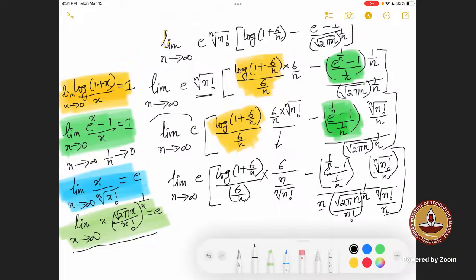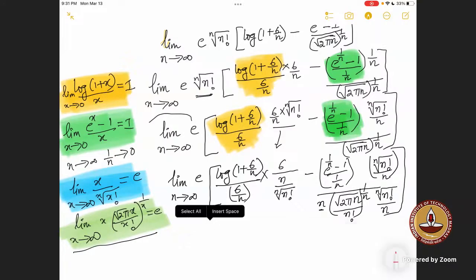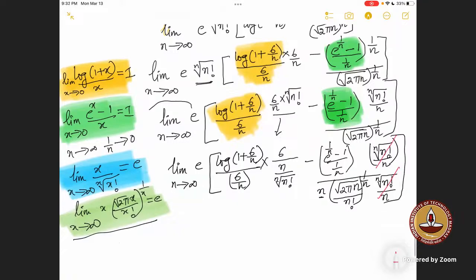So now I think things will become simpler. Okay. So what are the cancellations we can do? These things will get cancelled, right? nth root of n factorial by n. Okay. Yeah. So let me rewrite like this. This is e